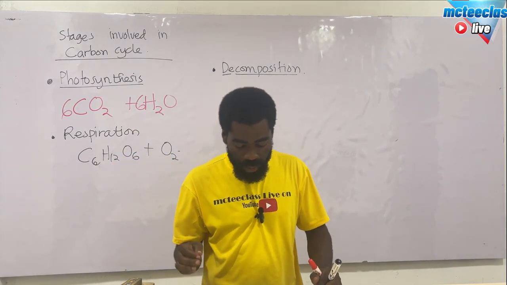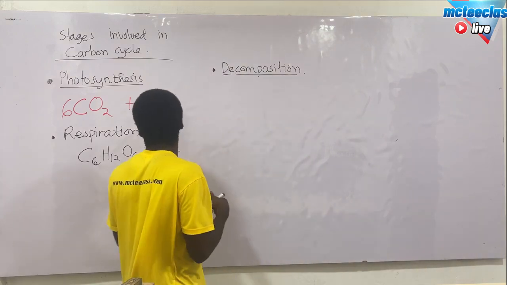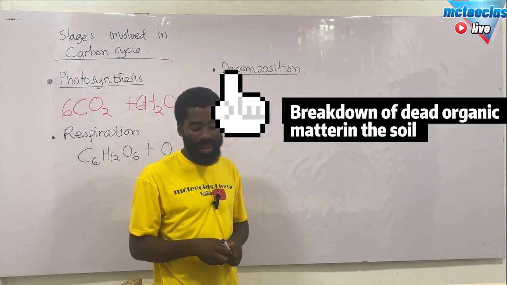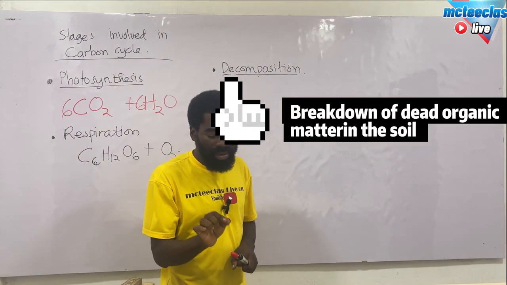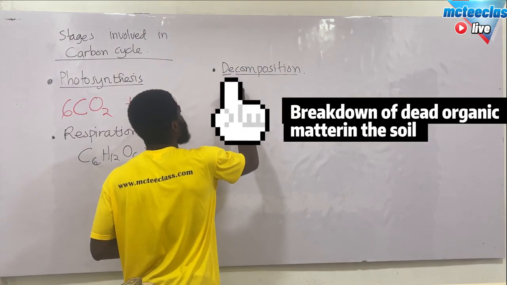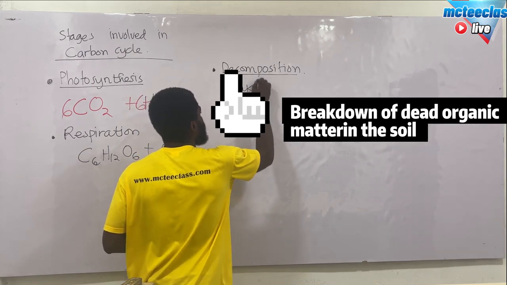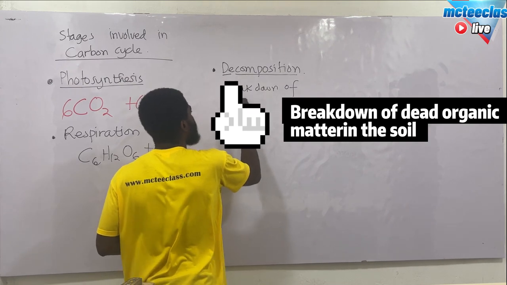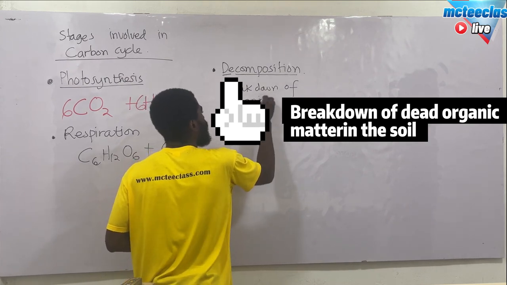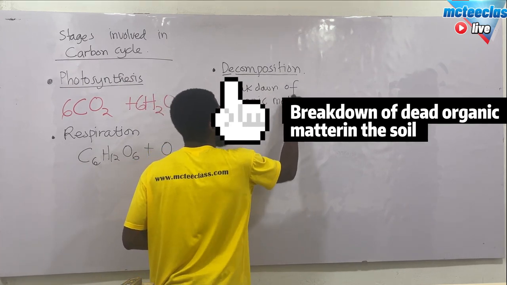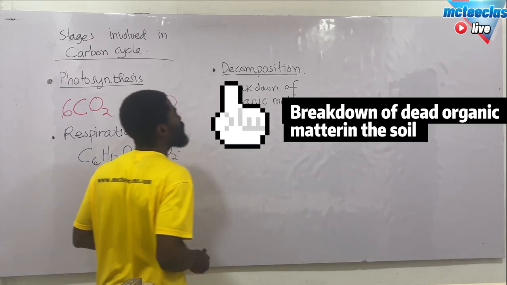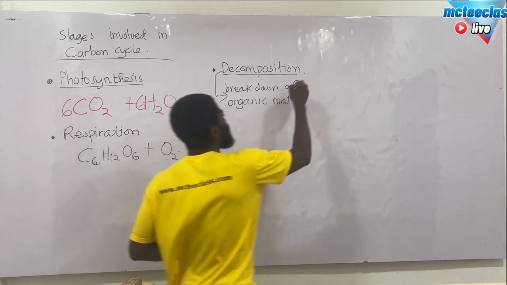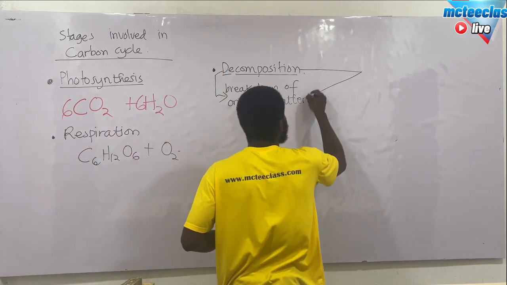Let's go again. What's decomposition? The breakdown. So decomposition basically is breaking down of dead organic matter in the soil. Let me just put this one here: the breakdown of organic matter. The breakdown of organic matter is what? It is decomposition. So decomposition simply means we are breaking down organic matter, and this breakdown is done by